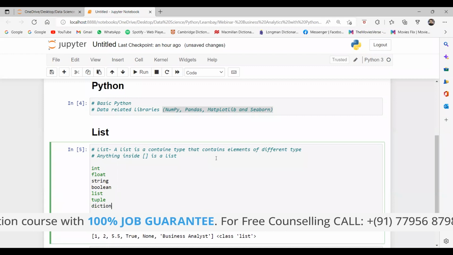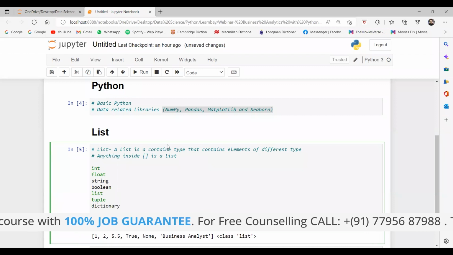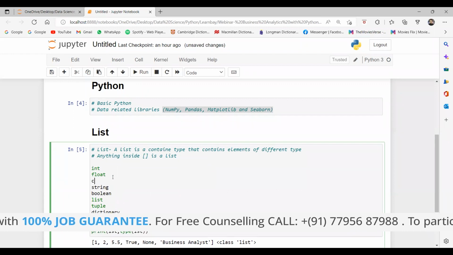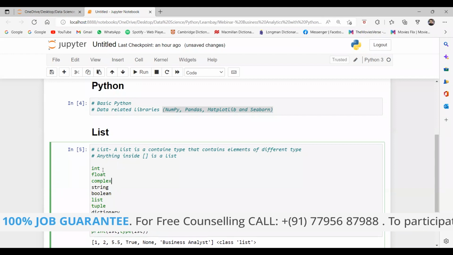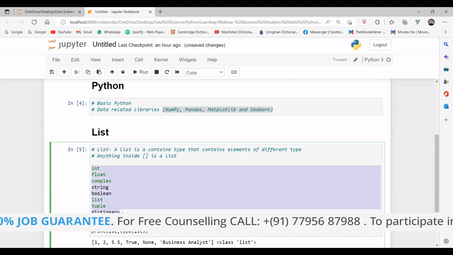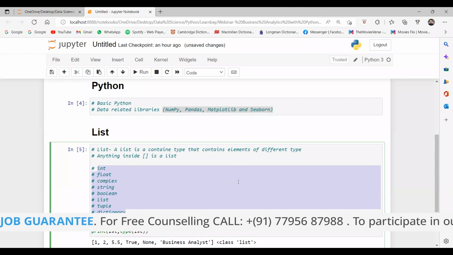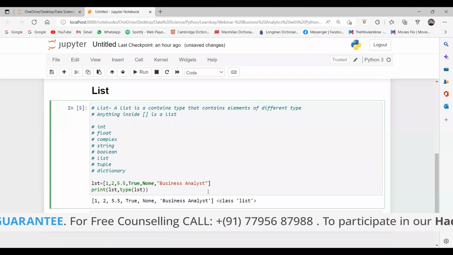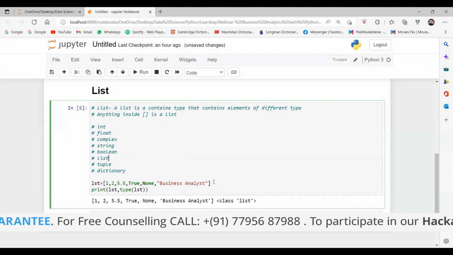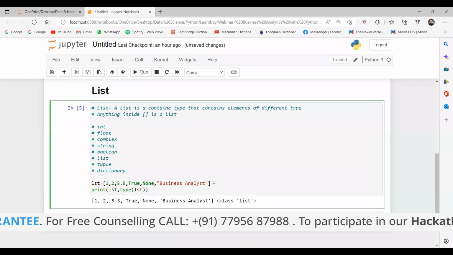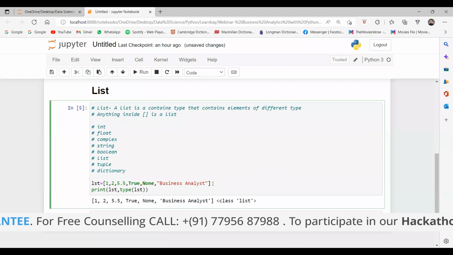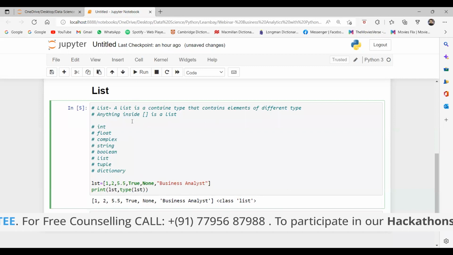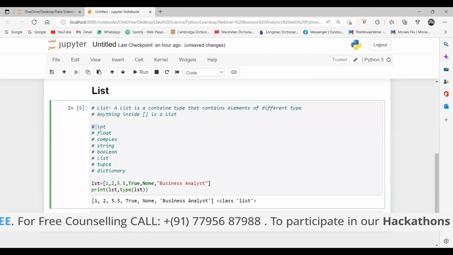These are the different data types in Python. We have complex also. We can work on audio and videos, but for them we have different libraries. For example, if you want to work on images, then you have OpenCV. If you want to work on text data, then we have NLP. So different libraries are there in Python itself. But we are talking about basic Python, so in basic Python we have only this kind of data types.